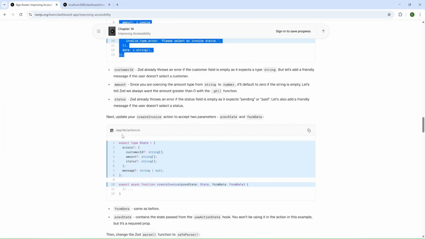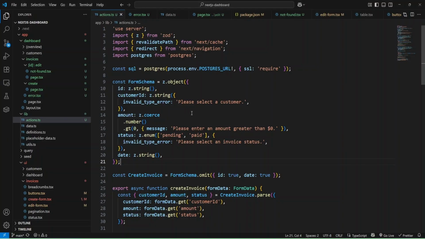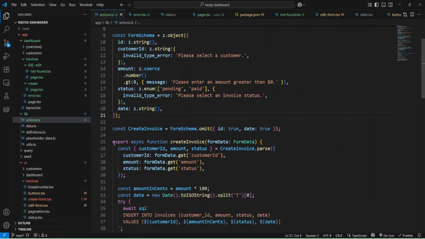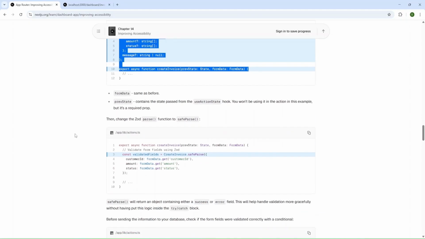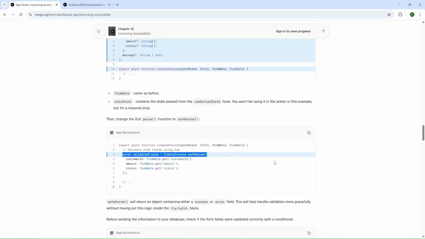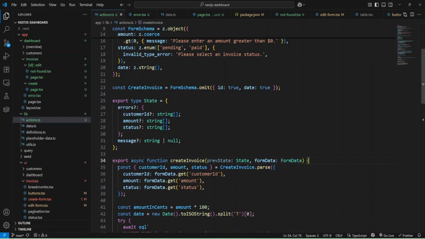And now inside actions, we can export our state and add state to create invoice. Okay, and we have it here. And let me do it here. Okay, and let's check what we have next. And now inside create invoice, we can validate fields and provide here this code.